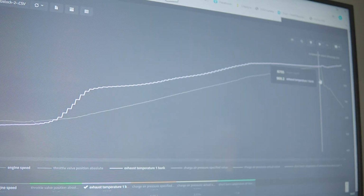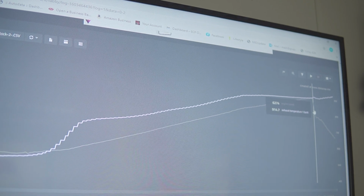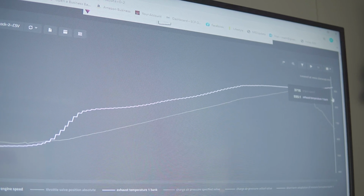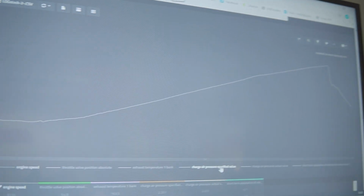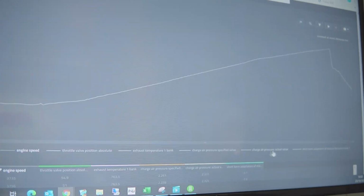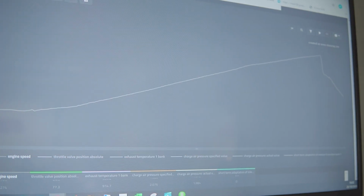Now, exhaust gas temperature, you'll just see this increase all the way up through the RPM. So we're seeing a peak of 909, 914, just before 909, and then obviously that just increases after the shift. So it's 909 degrees, measured in the exhaust system. Again, there are the short-term fuel trims and the charge air pressure. So what we'll do now, let me just drag the...